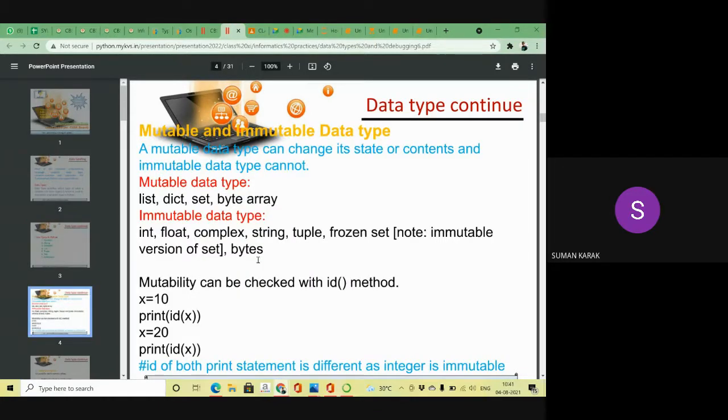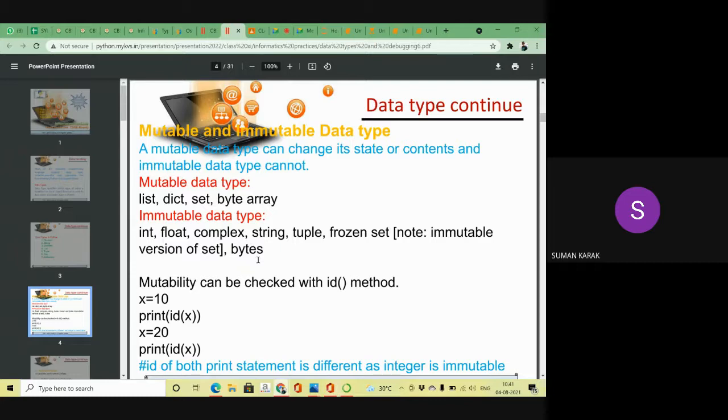Next are mutable and immutable data types. What is mutable and what is immutable? A mutable data type can change its state or contents, and an immutable data type you cannot change.